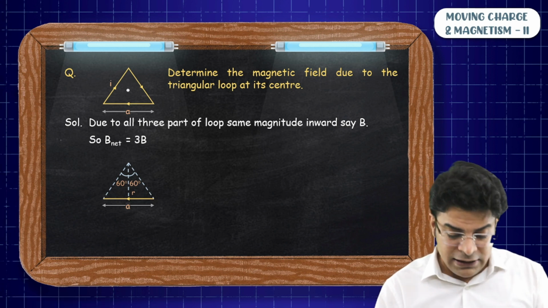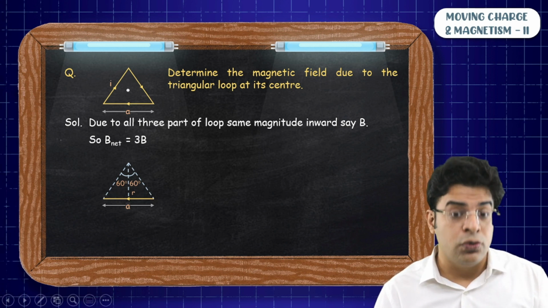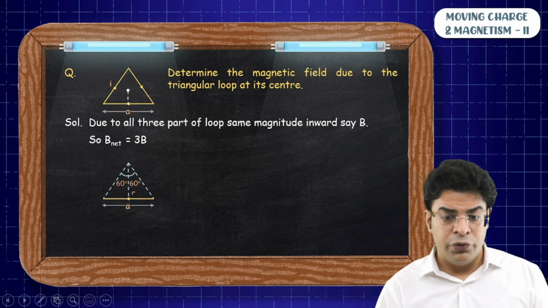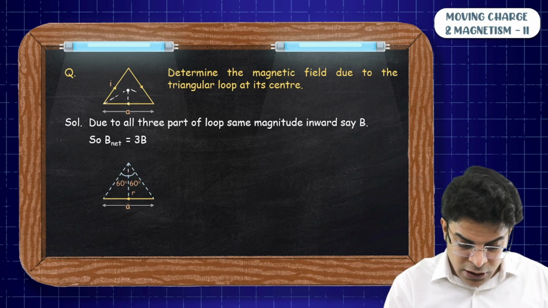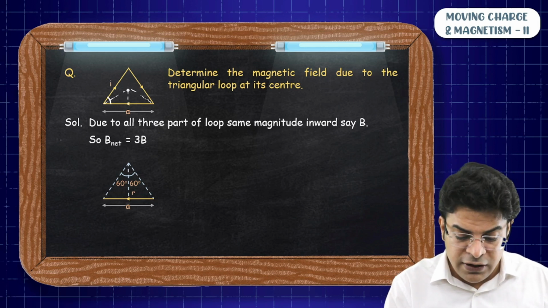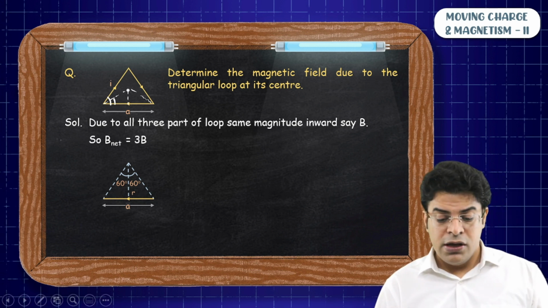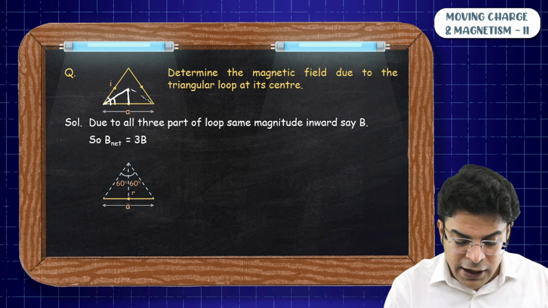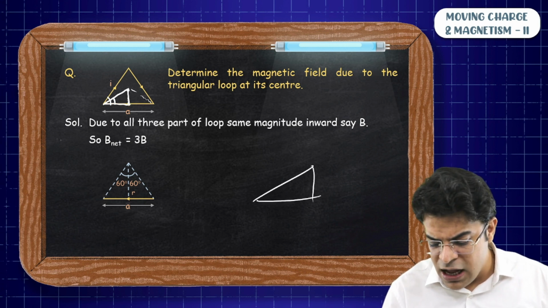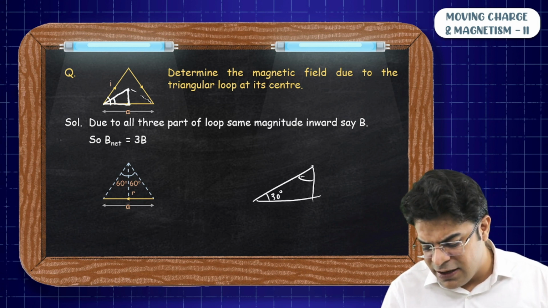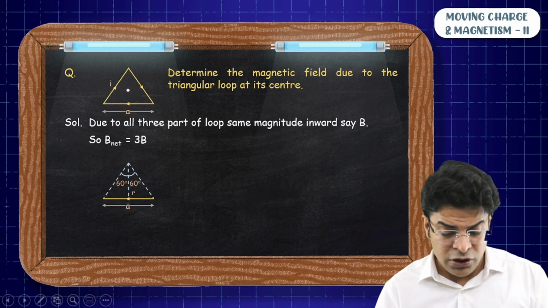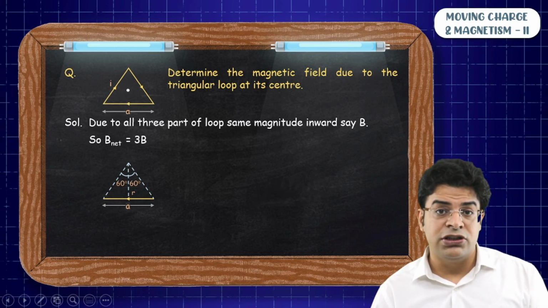Can we determine these angles? Yeah, they are easy to determine. How? Drop the perpendicular, join these points. You know that for an equilateral triangle, this whole angle is 60, so this half angle has to be 30. Now looking into this right angle triangle, if this half angle is 30 degrees, then this angle right here has to be 60 degrees.